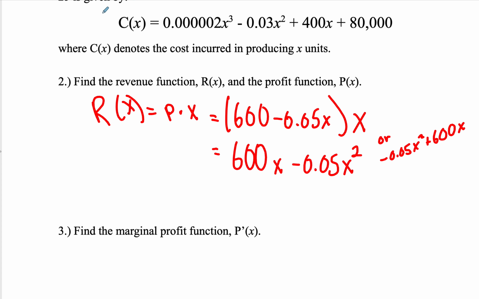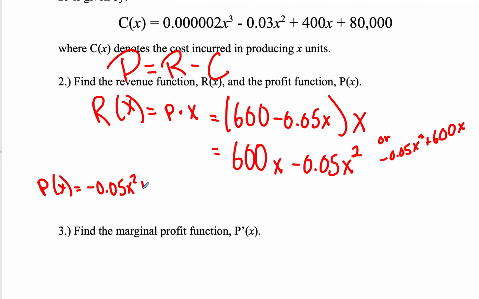Now profit, well, we know how much we're making in profit. So if I want to know my profit, I'm going to take the total amount of money that I raised, my revenue, and subtract what it cost me to make that revenue. So what I'm doing is taking my revenue, and I'm going to write it in standard form: negative 5/100 x squared plus 600x, and I'm going to subtract what it cost me to make those